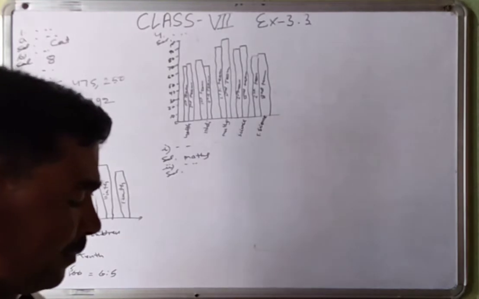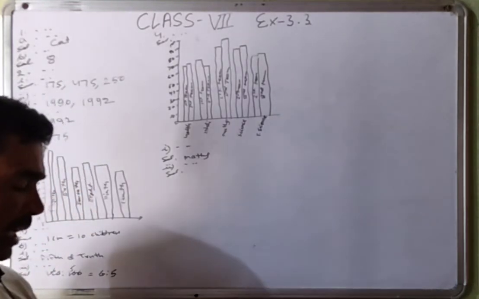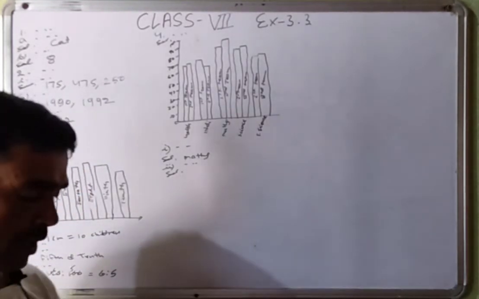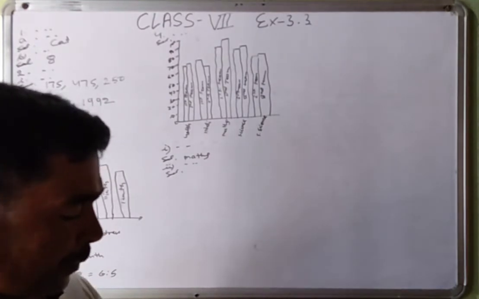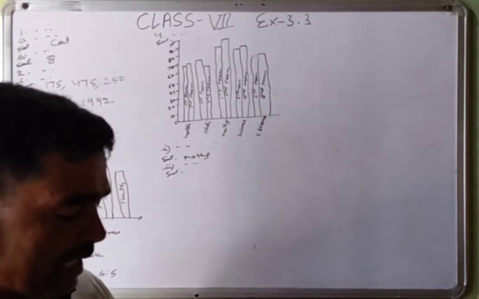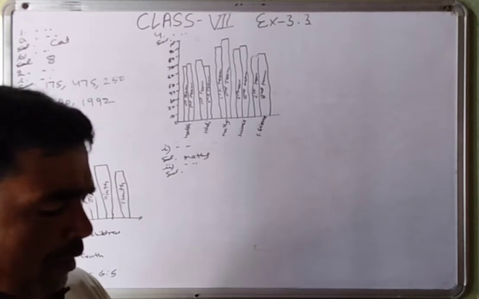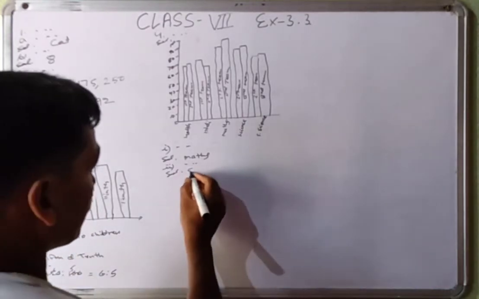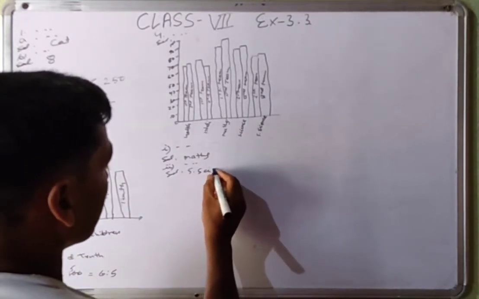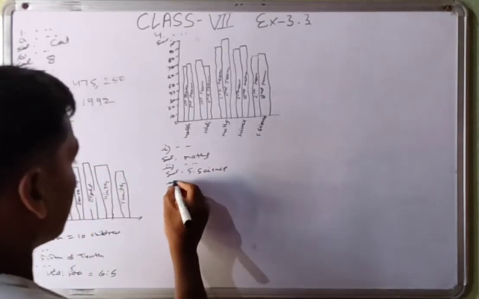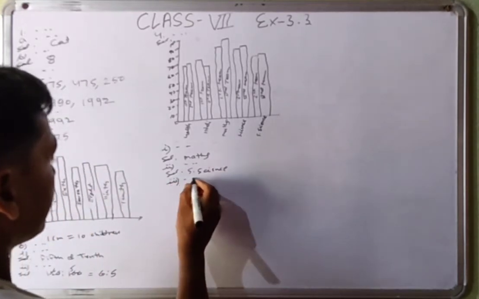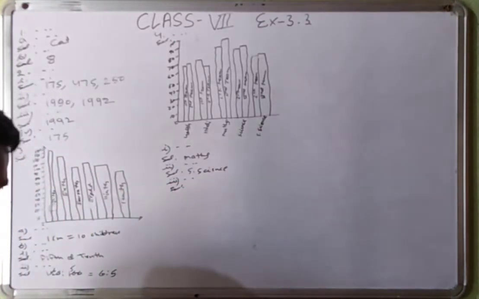Social science. Because of that we are looking at social science. First test 73, second test 75. Only 2 marks increase. Social science. Third part is